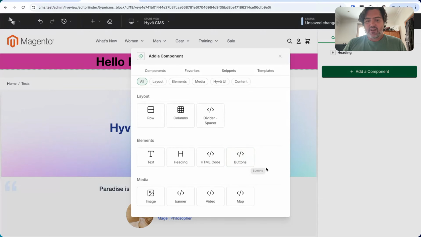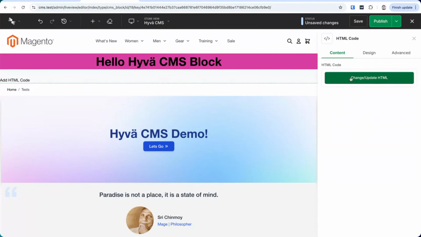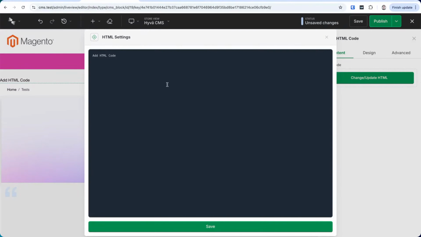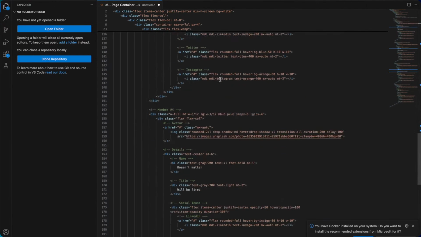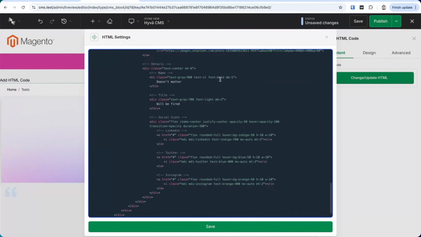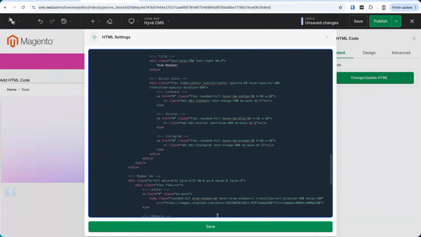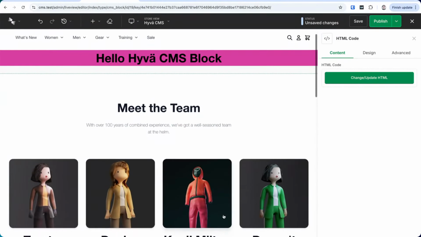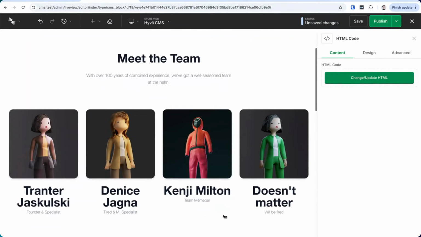I'm going to show you one more, which is HTML, just because it's kind of neat. So we have a nice little HTML editor. I'll just grab a piece of HTML. This is quite a lot of HTML, it's quite big. I'll paste it in here. It's nicely formatted, right? And I'll hit save. And boom, like that. It renders it exactly like it should.